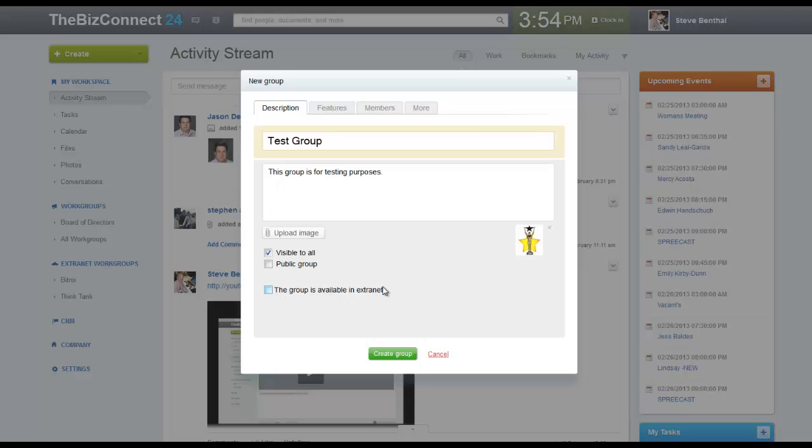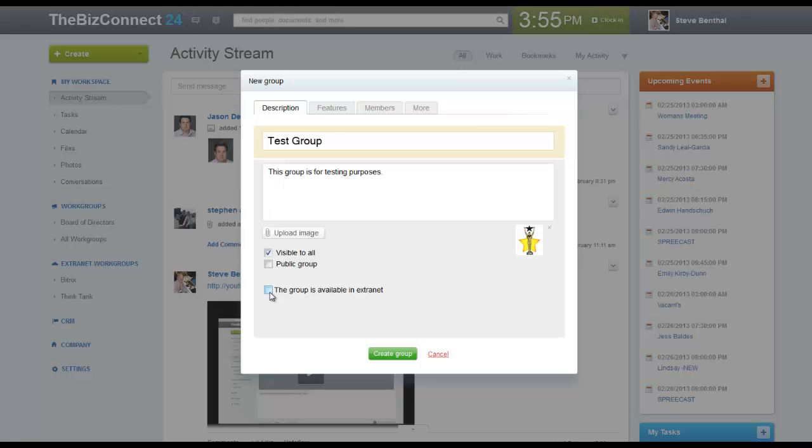The group can also be available to the extranet, meaning somebody that is not a part of your company, but you want to be able to give them some limited access. This may be, for instance, a client. And what's nice about this feature is I don't want to select it now because we're just getting this group started and I need some people to do some work before we're ready to let the client come in and see our progress. But later on, I'm going to want to select this option so that the client can come in and see our progress and perhaps make comments,